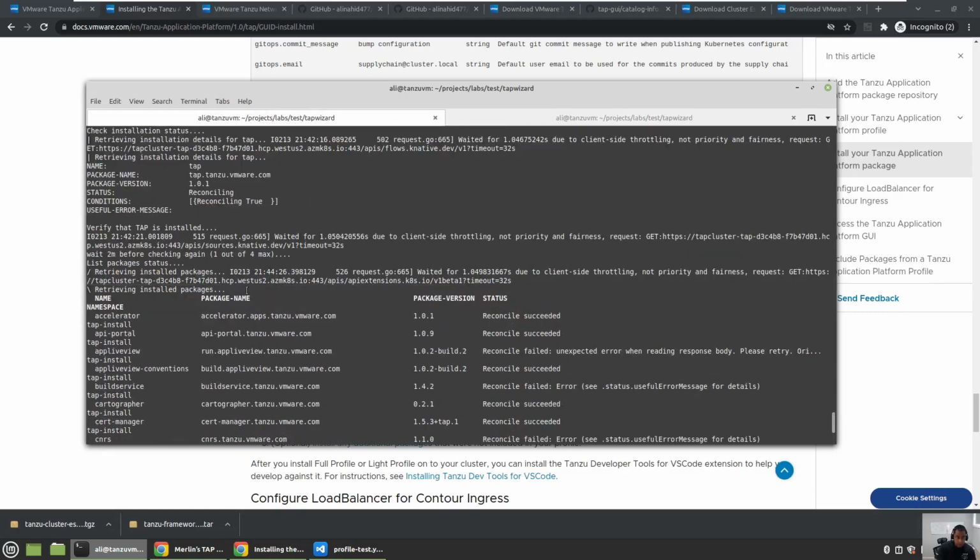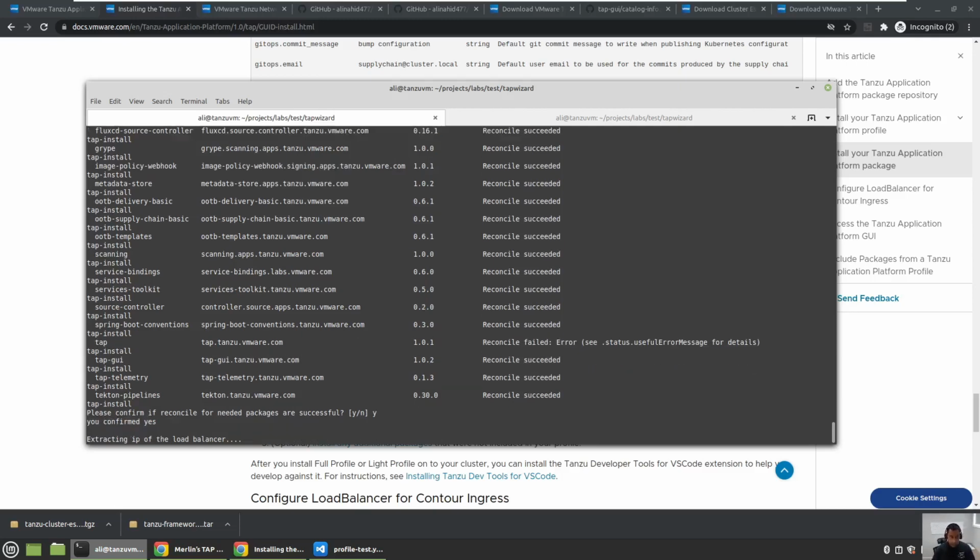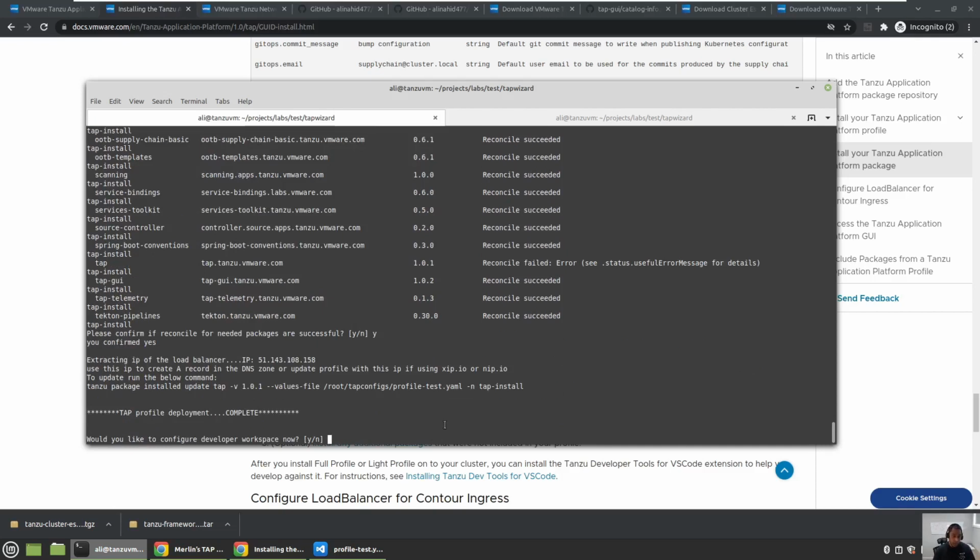So it finished the waiting, and it's asking whether the console for needed packages are successful. One of the things that I'm looking to do here is to demonstrate that tab GUI got installed, which it did. So I'm just going to say yes, and it's going to extract the load balancer IP address, which is this guy here. And what I want to do with this one is